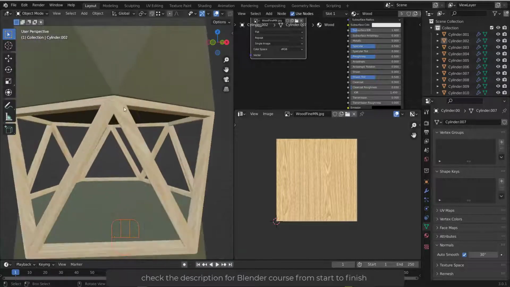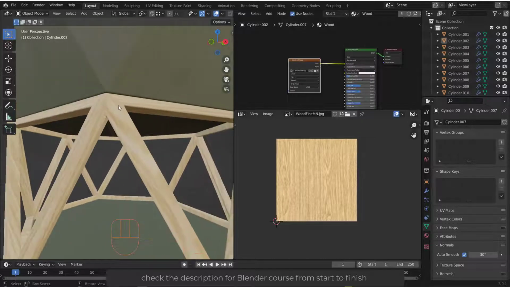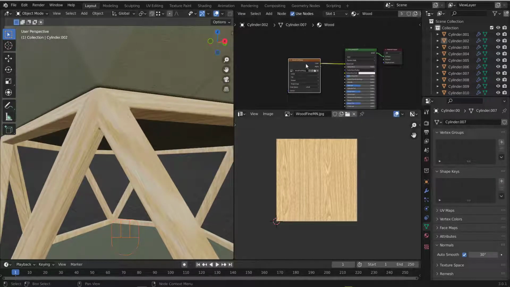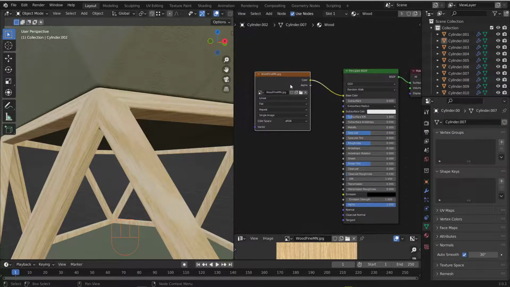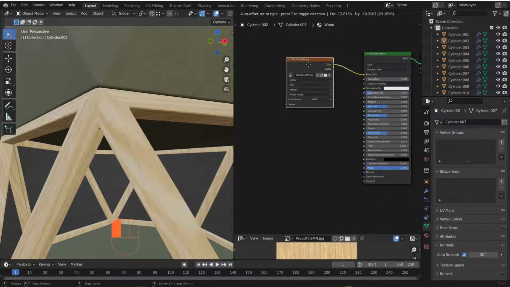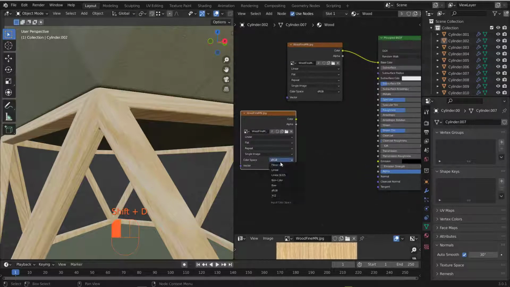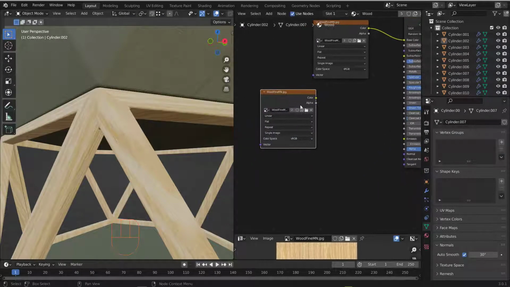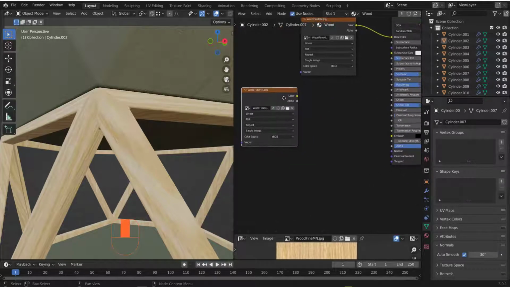Alright, now is the time to tweak this material just a little bit. So let's see from where we can start. Let's give this a room and let's zoom in just a little bit like this. And maybe I can duplicate this, Shift D, duplicate it, and put a copy right here and switch this to non-color, or I can leave it like this. I need to connect this to the roughness, but I need to delete any color, so